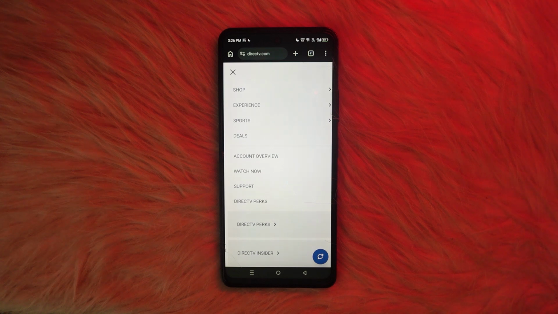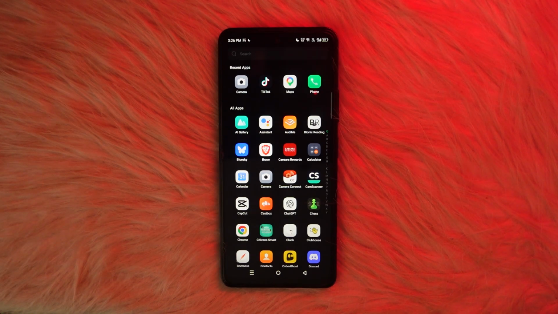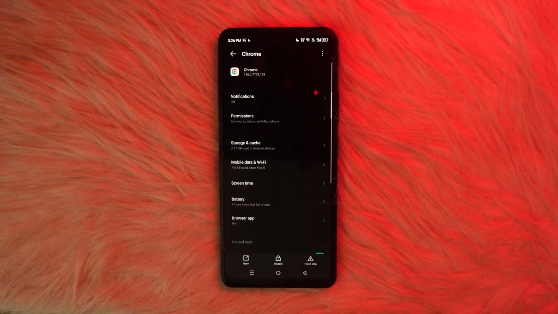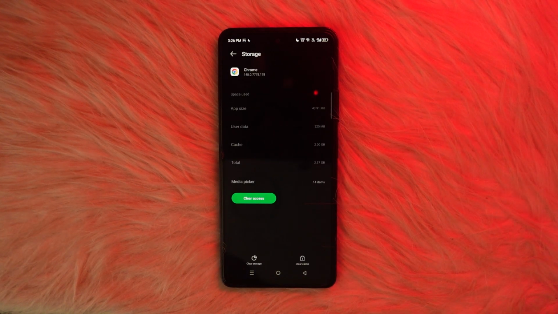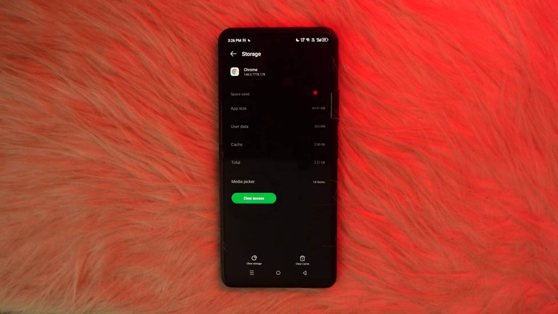However, if you are using the application, you want to simply come back from here, navigate yourself to the DIRECTV stream app, tap and hold on to the app and click on app info. After that, you want to simply tap on storage and cache, and you want to simply clear your storage of